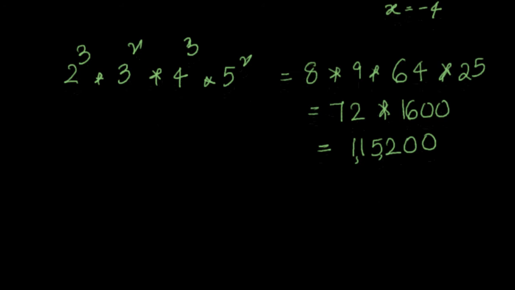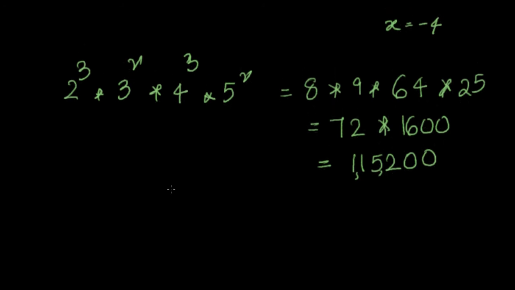Okay. Now suppose there is a very big calculation like 2 power 23, 3 power 32, 4 to the power of 83, 5 to the power of 234. Now I cannot do, you cannot do. Now you have calculators, so calculators will help you. But in the 17th century and 18th century, what did they do? They found a mechanism where you can decode this and find out some value.